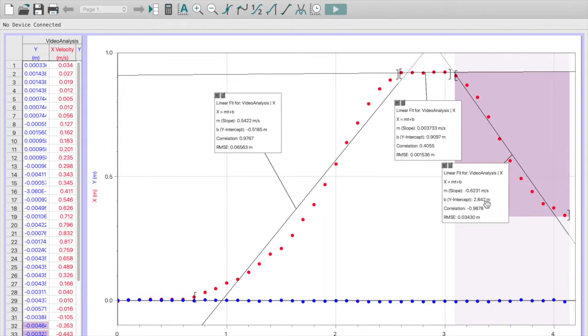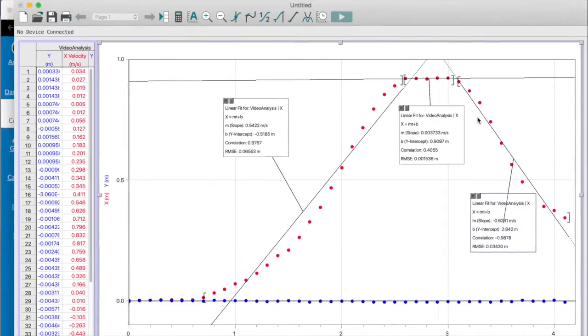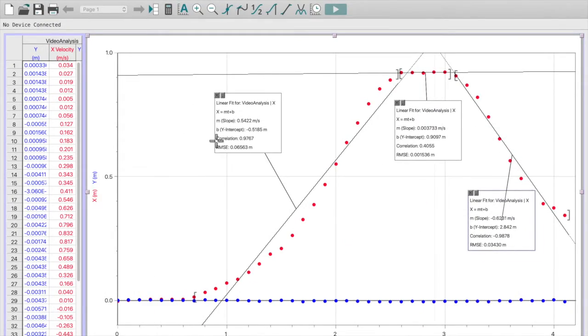You got the slopes for each of the parts. Now, because this is uniform motion, this slope is the slope for all of this motion. This is the slope for the quick stop, and this is the slope for all of the going back motion. This part of the graph is also in a negative direction because it's going back towards the origin. So as we saw in the video,